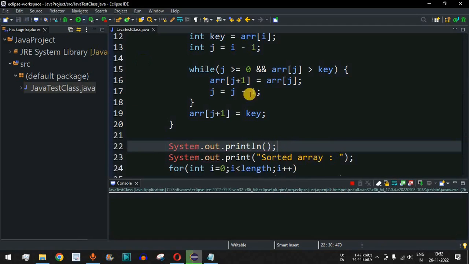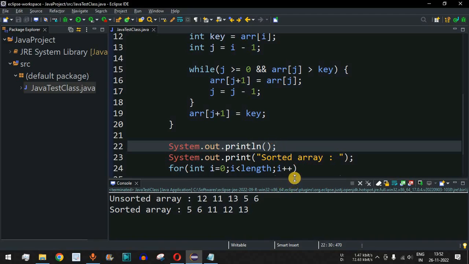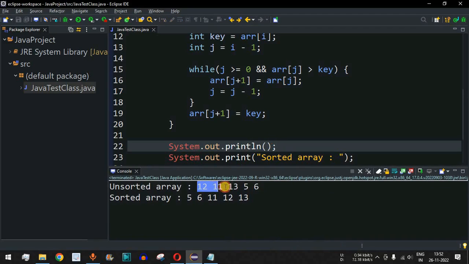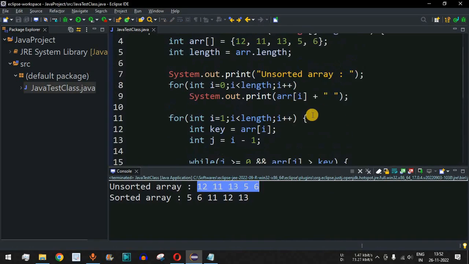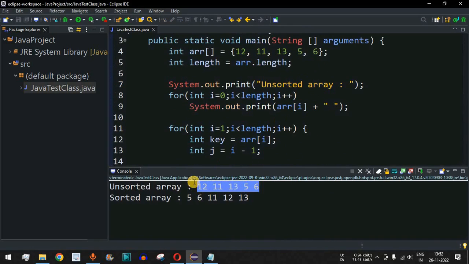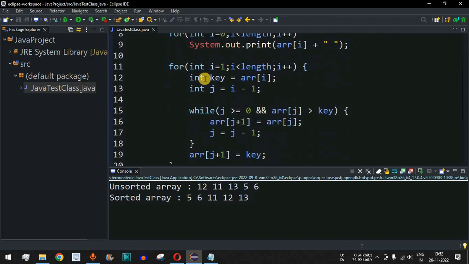So let me just save this file and try running this code now. As you can see, the unsorted array is 12, 11, 13, 5 and 6. That is what we had provided in the program. And then we have the sorted array as 5, 6, 11, 12, 13. So guys, in this way, we can easily use insertion sort to sort the array of elements